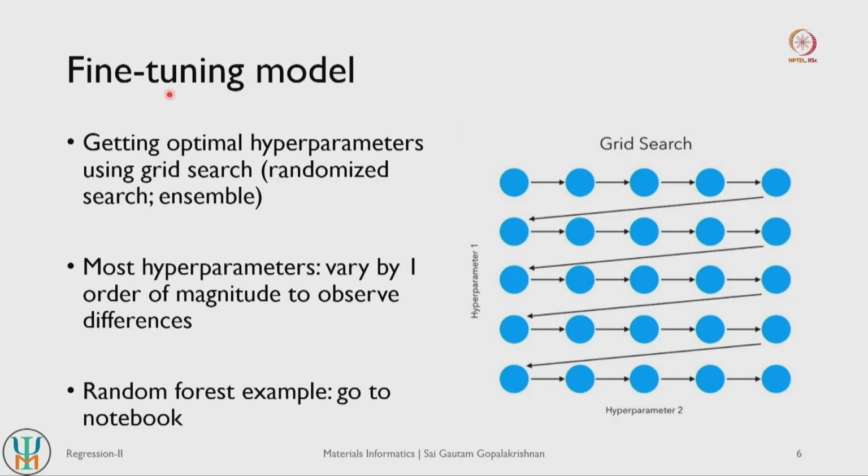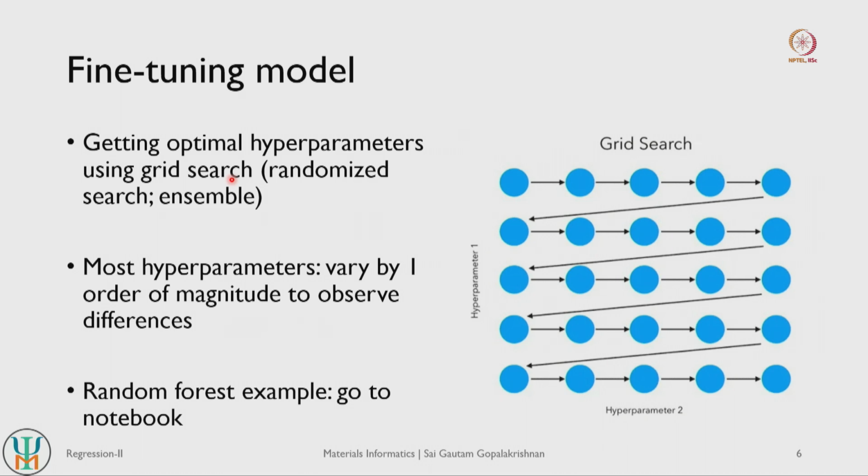Yeah. So for fine tuning the model, the important aspect is to get optimal hyperparameters, right. Each model will have its own set of optimal hyperparameters, and we will cover hyperparameters a little bit more in detail as we go along in the course. The model performance can be tuned, so models can be made better by ensuring that you get optimal hyperparameters. And the most straightforward way to get these optimal hyperparameters is doing what is referred to as grid search cross validation.